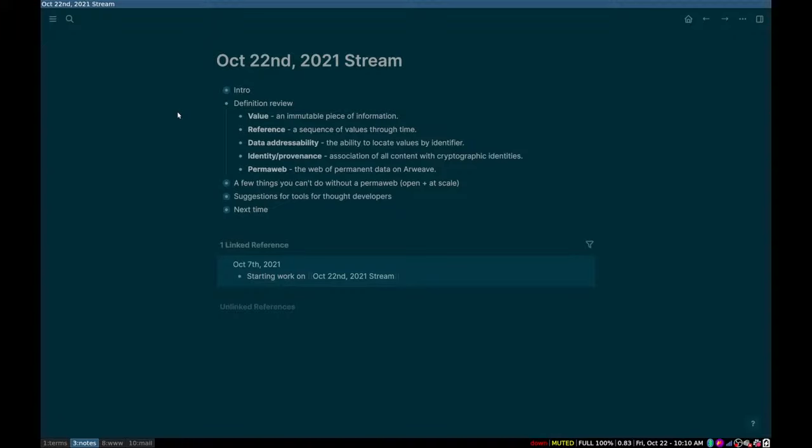Data addressability, another important concept. Data addressability is the ability to locate values by identifier. This is something we don't have right now in the web as it currently stands. What we can do is look up locations. All the data you have is out there on some server, and when you resolve something like a domain, like google.com or wikipedia.org,